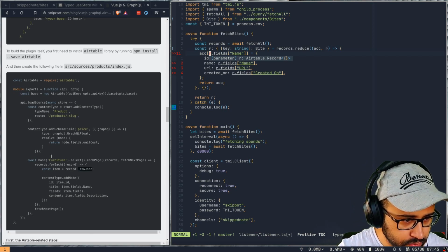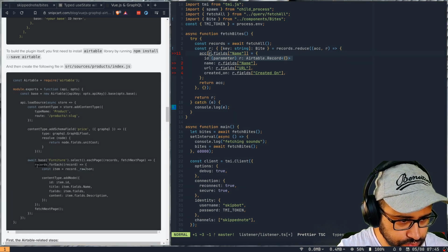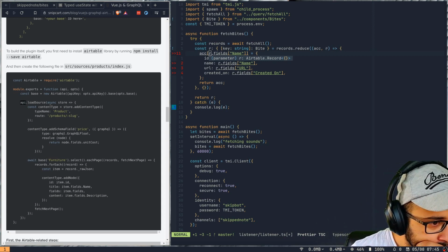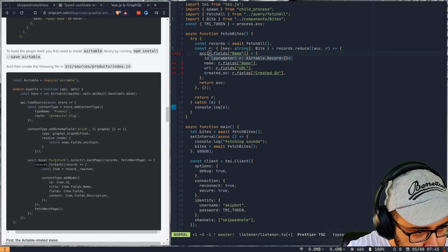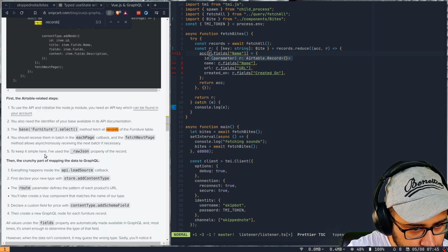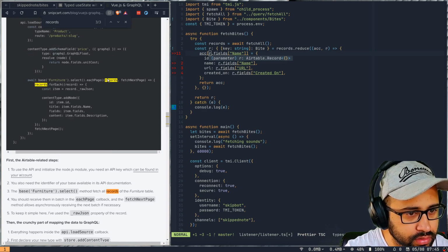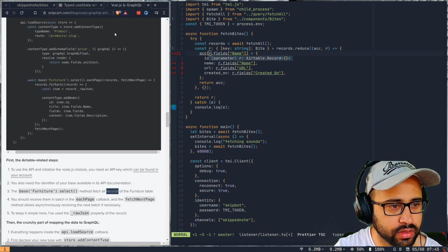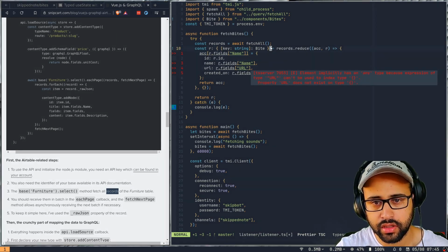Where are they getting a record from? Records is coming from, base is here. Where does API come from? Okay, this is a parameter. I don't see any reference of records. Okay, I think it's here, right? So they're doing each page on it, so getting a record there or a bunch of records, so that is fine.